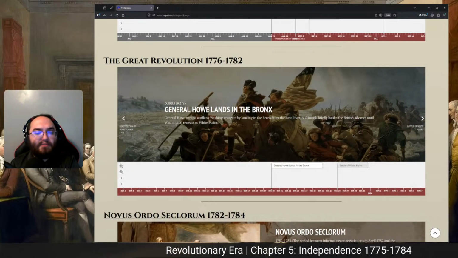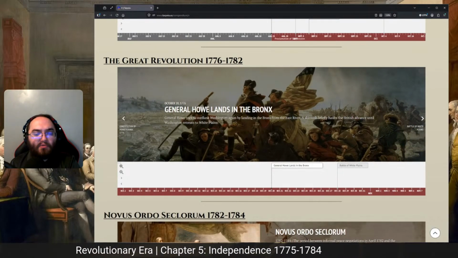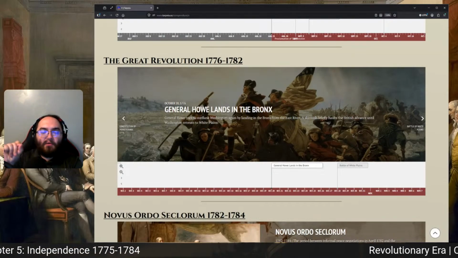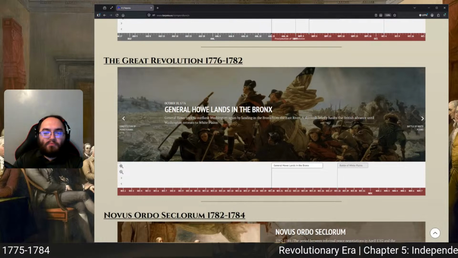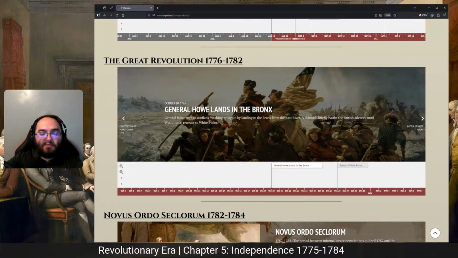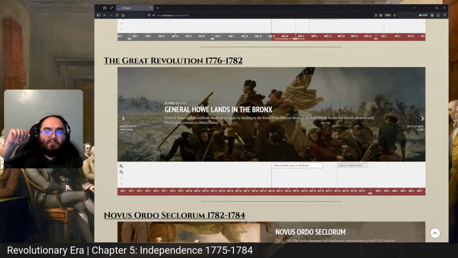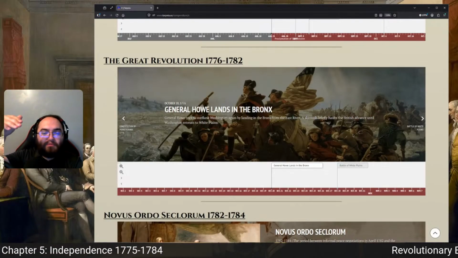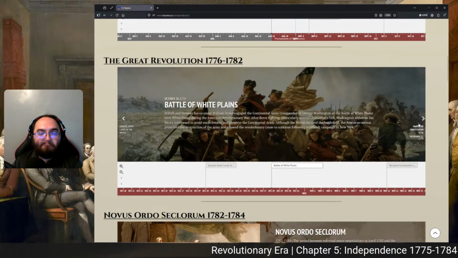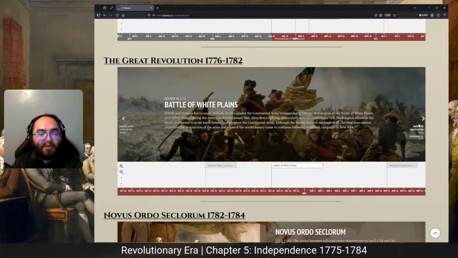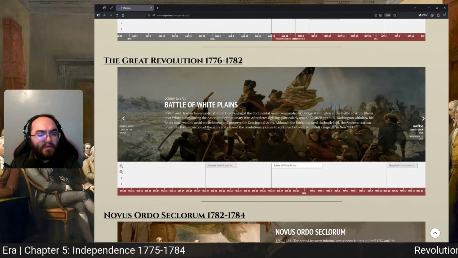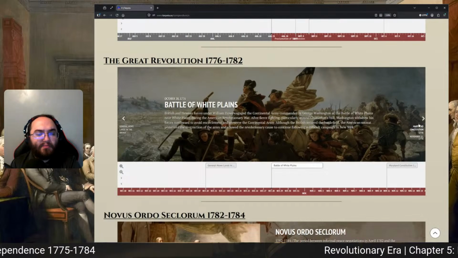General Howe lands in the Bronx. And so Howe is now trying to surround Washington in Harlem and the Bronx. So he's trying to go around and flank the American forces and try to trap George Washington's army in Manhattan. You have the Battle of White Plains, October 28th, 1776, where British and Hessian forces under William Howe engaged